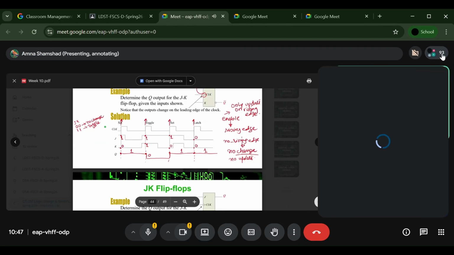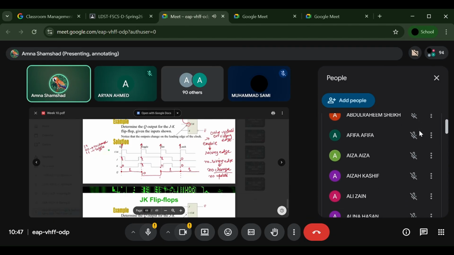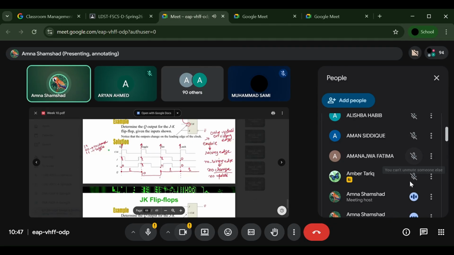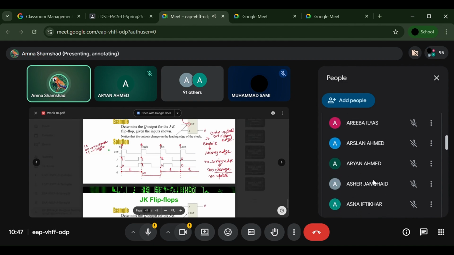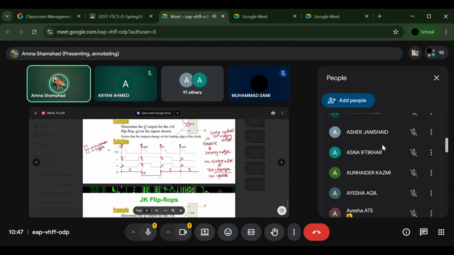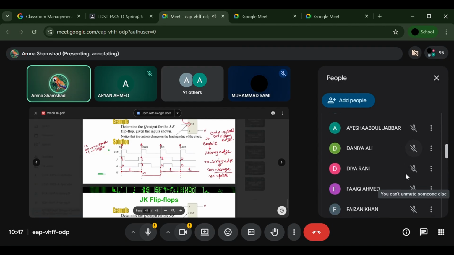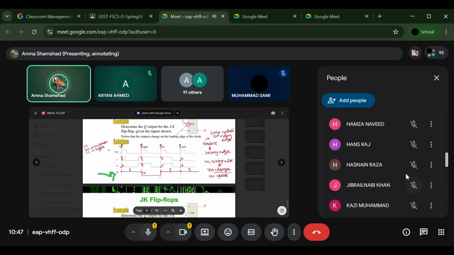Coming to the K. For this whole period of time, K is 0. For this whole period of time, K is 1. For this 0, for this 1, and for this 0 again. These three waves are given to you. Is this clear? These three waves are given, and we have to draw only this output wave, that is written Q over there. I have to draw only this Q.